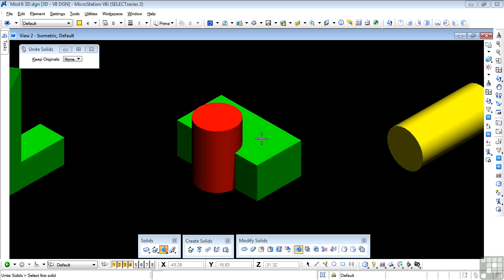Now, before I go rampaging on to the next tool, just want you to keep in mind that the whole point of looking at all of these editing tools is that you have to think in terms of which are the most appropriate tools to use to arrive at the elements and the shapes that you need. And this is one thing that I can't help you with very much because it depends entirely on what you